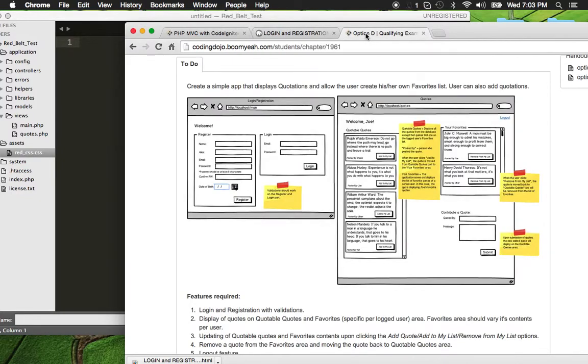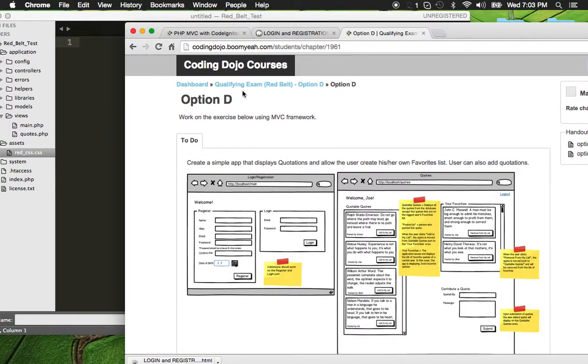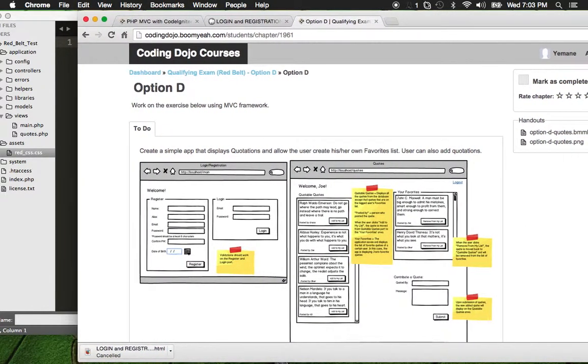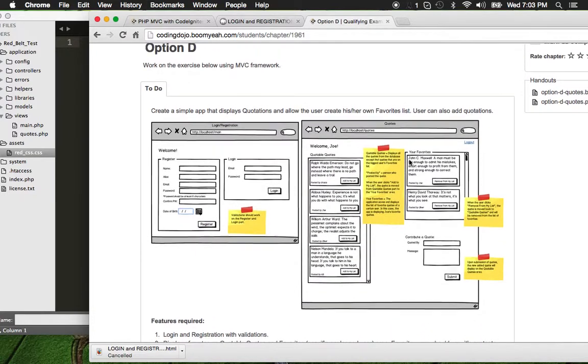Okay, my name is Yaman Nagash. I'm a student in Coding Dojo, and my assignment, my red belt exam, is creating this app